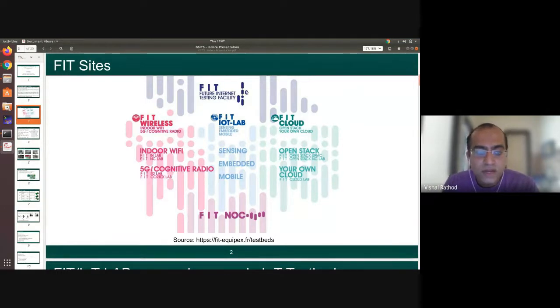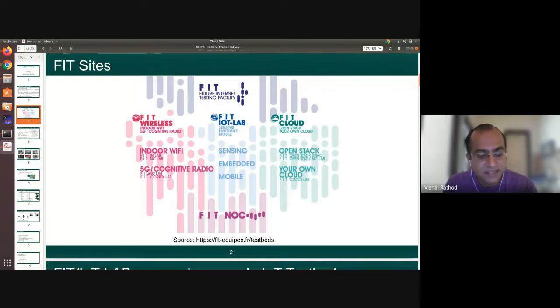FIT has many facilities: FIT Wireless for indoor Wi-Fi and 5G cognitive radio, if you want to work on this; IoT-LAB for embedded systems; and FIT Cloud for OpenStack, your own cloud. For indoor Wi-Fi, there are labs like FIT NITOS Lab and INRIA Lab.